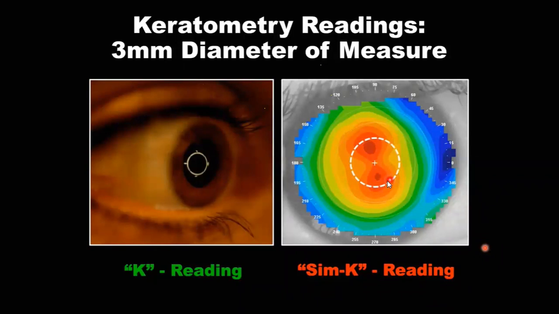This is also very important information, because this small 3 mm area is near or totally at the center of the pupil, and this is the area from where the maximum amount of light goes into the eyes and focuses on the retina and gives the vision. So having the information of this area is also very important. But the problem with keratometry is that we do not know about the whole cornea.